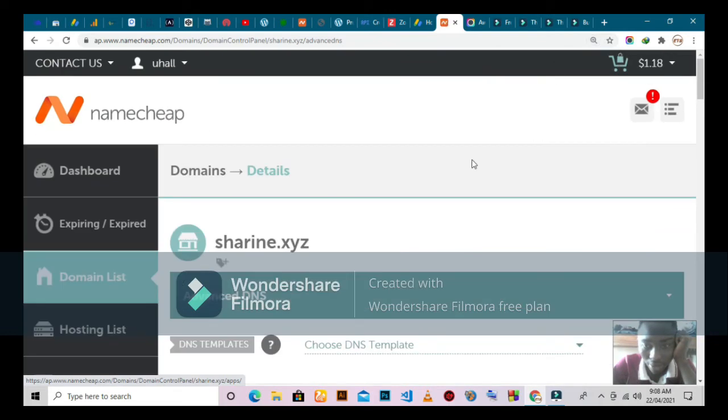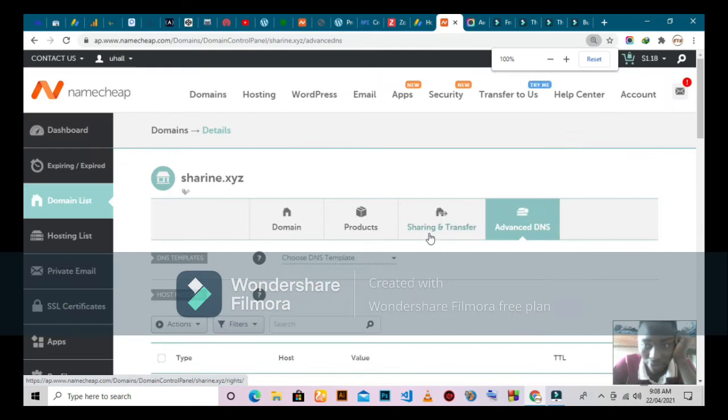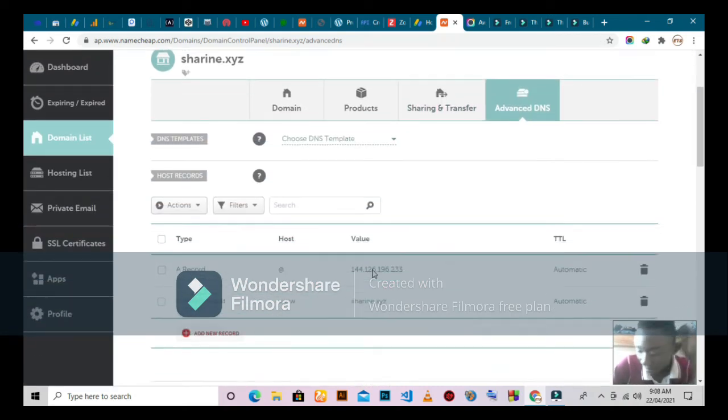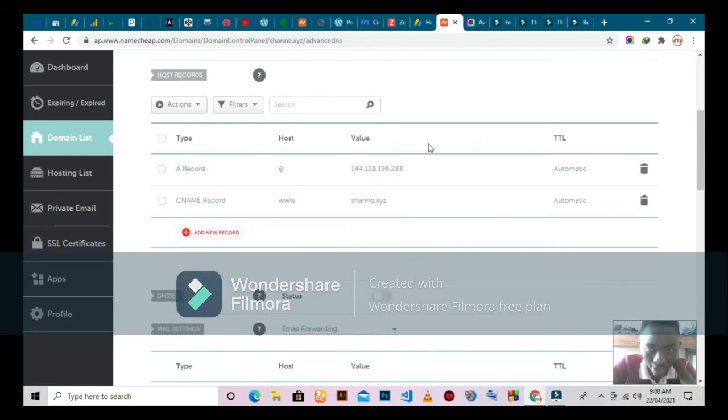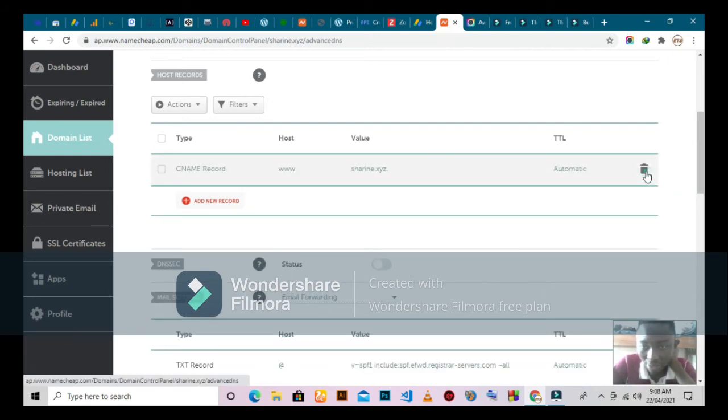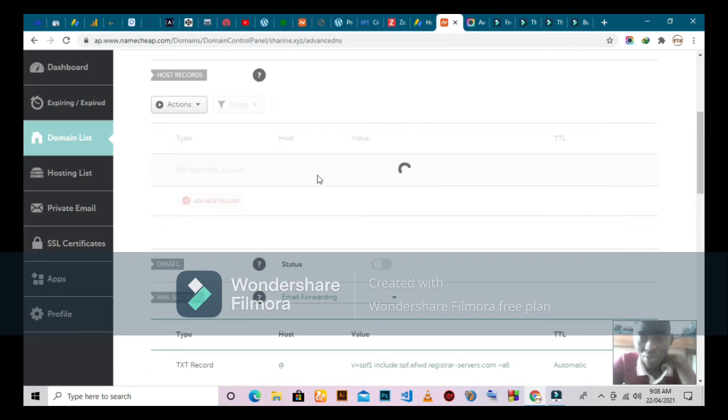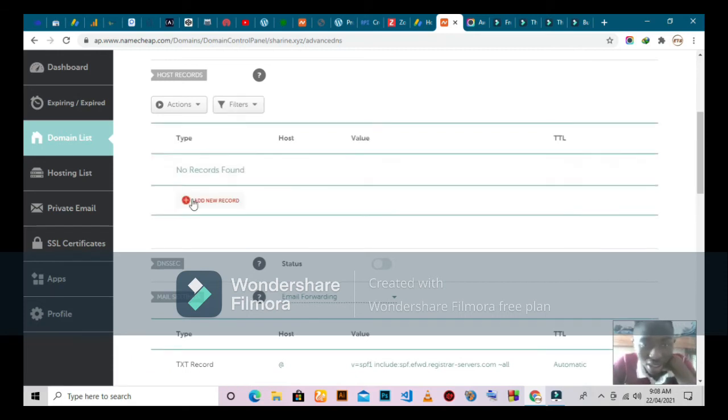As you can see, I'm going to make my screen a bit lower. So yeah, once we are in advanced mode here, I'm going to delete all these records. Now let me delete this one. Yes, and let me delete that one too. Yes. Alright, so now once you come to advanced mode,